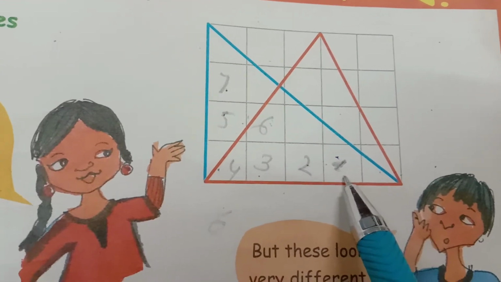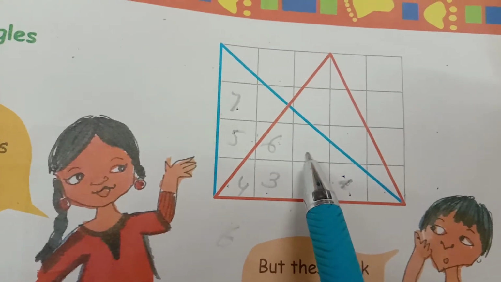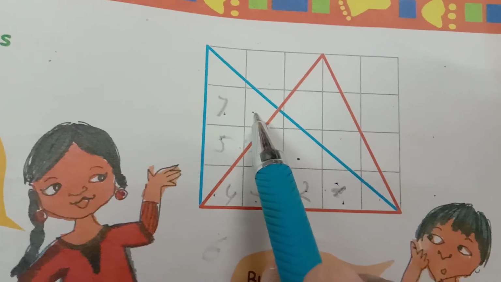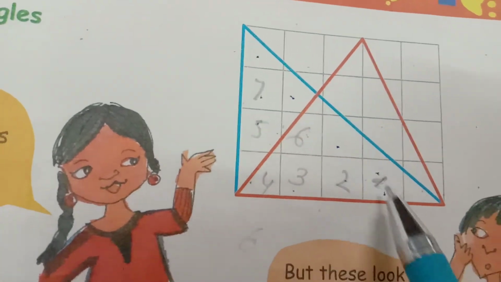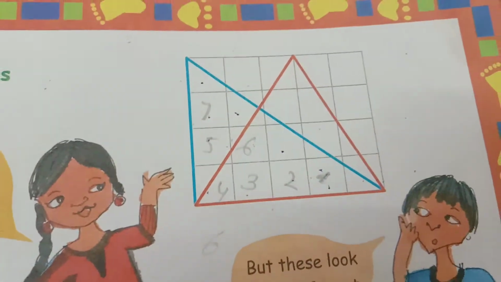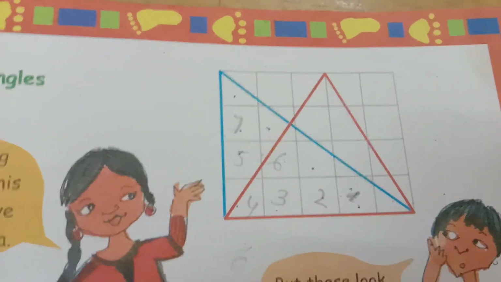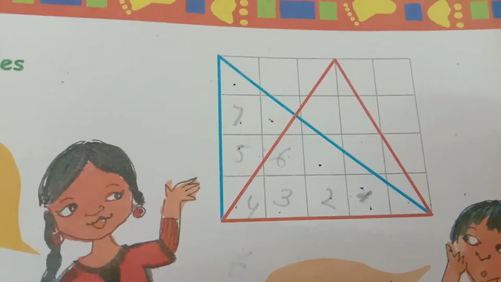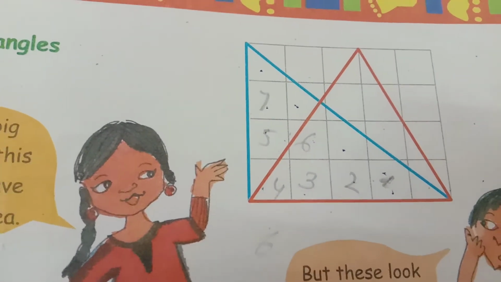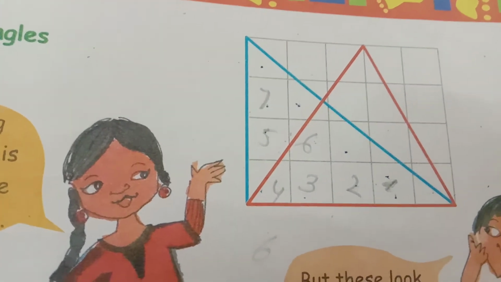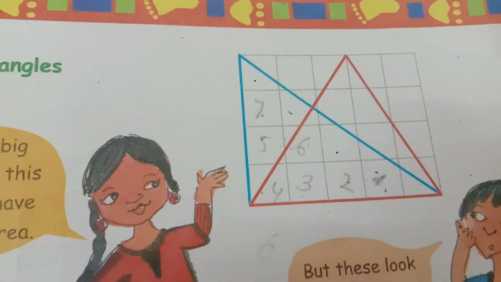Now you see, this is one which is more than half filled, and this is one more than half filled, and this is also more than half filled, and this one too. So 4 squares are more than half filled. Therefore, the area of each more than half filled square is 1 square centimeter. 4 squares means 4 square centimeters. Together it is 6 plus 4, 10 square centimeters, the area of the blue triangle. Similarly, the area of the red triangle is also 10 square centimeters.